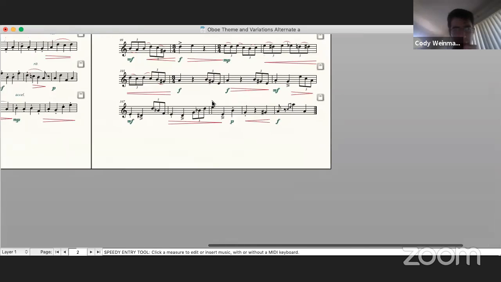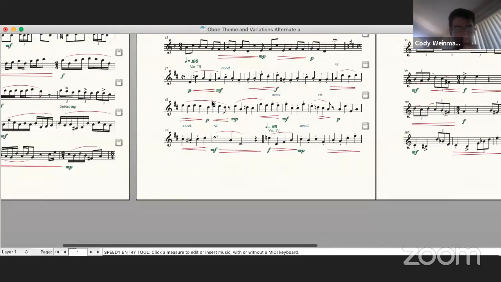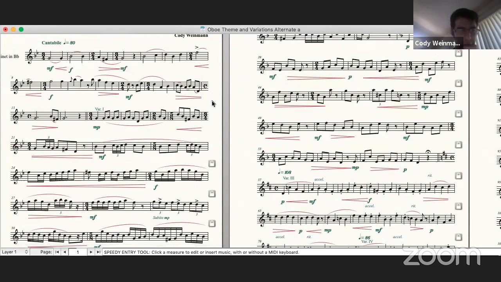All right, so that was that one. And if we took a look at the score, you could see a lot of different things on this one. This is oboe theme and variations, but this version is arranged for clarinet. I don't know why I didn't give this one to a clarinetist back then, but it is doable for a